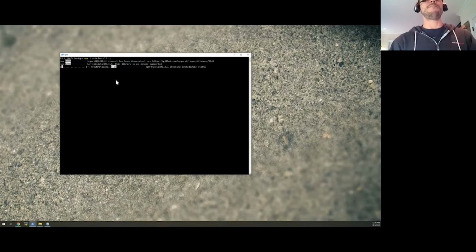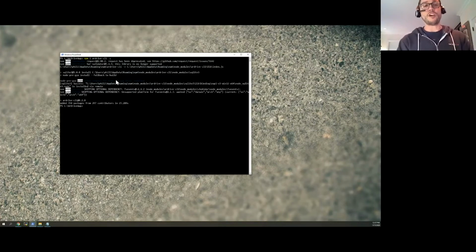Essentially, once that's done, I'm on Windows, obviously, so I open up PowerShell. I've created a new folder called ArDrive app. And you can install the CLI by using npm, which is actually part of the Node.js installation. So here I'm going to install the CLI. There are some warnings; we're still working on some of the features that we depend on. But essentially, it's installing all of our packages, ArDrive core and ArDrive CLI and all the dependencies. And now, because I installed it globally, I can run this anywhere on my workstation. But I'm just going to run it right from here.